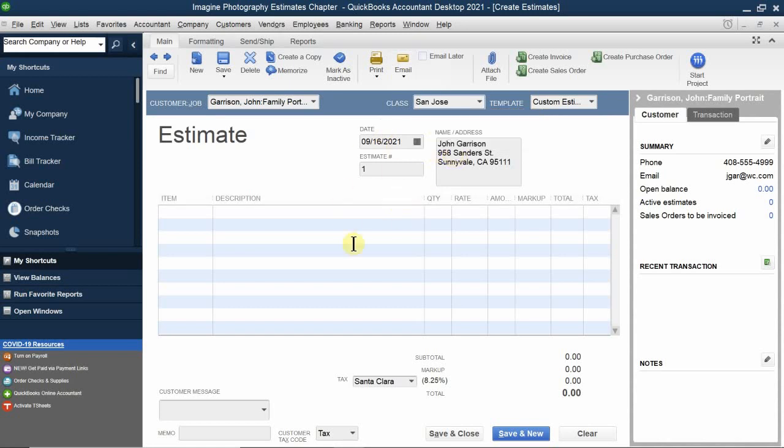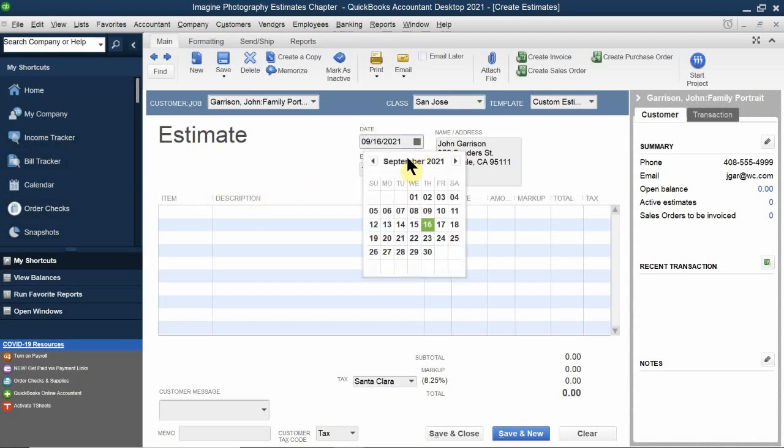Now in this case, they're building an estimate for something that's going to happen in the future, which, yes, most potential jobs are usually quoted out a couple of months ahead, especially for a photo shoot. Most common ones would usually be a wedding photo shoot. Usually those things are booked 6 months or even a year in advance. And that's exactly the same ordeal here where Garrison Family Portraits want to do something in the future. So in this case, they want to do it February 14,